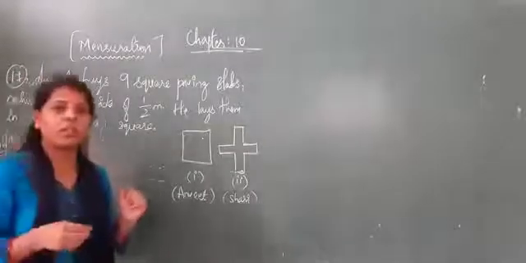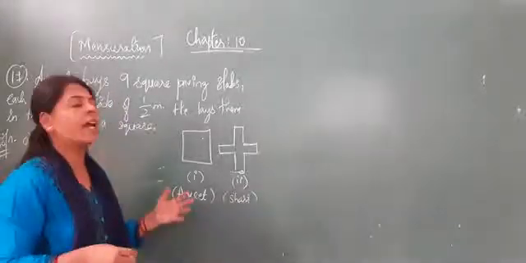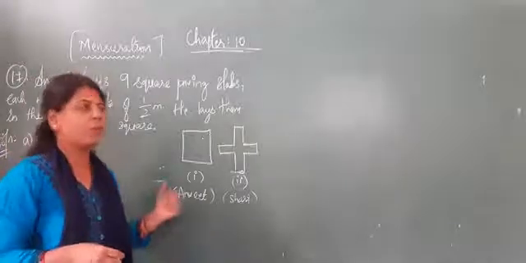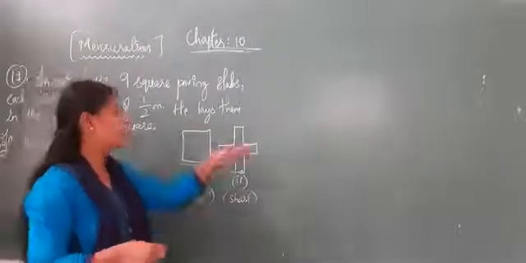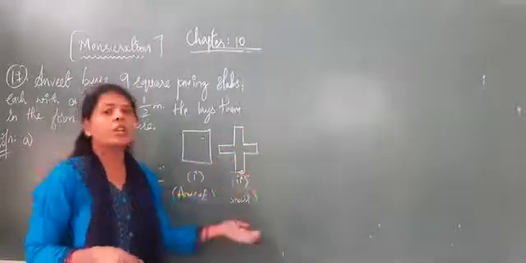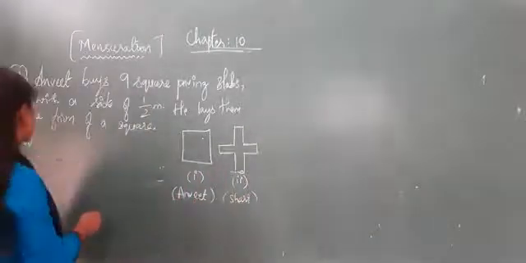Again, the B question is given that there is one more friend of Anvit's, Shari. He doesn't want that kind of arrangement. He wanted some different kind of arrangement. So what will he do? He also uses the same slabs, the half meter, and he will form one more arrangement here. So it will be in this formation. So what will be the perimeter of Shari's arrangement? You have to find that in the B question.